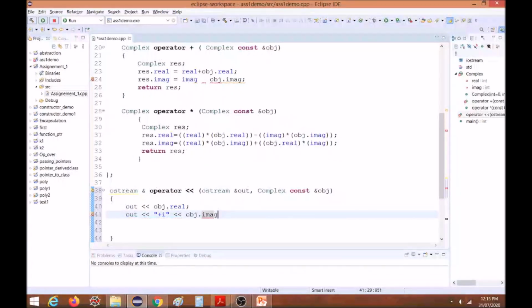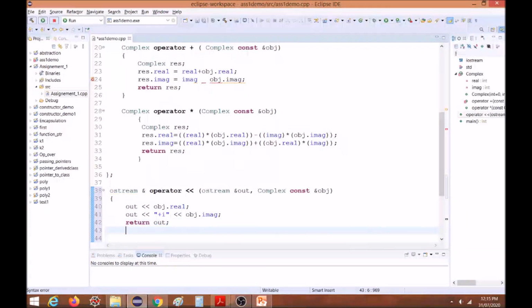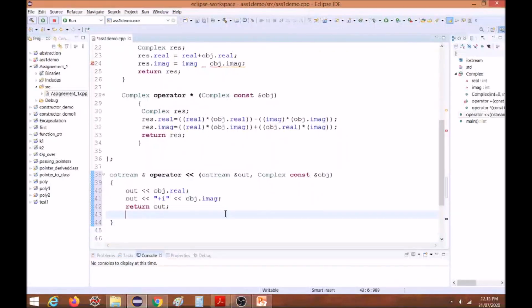So what I am doing here, whatever object is passed along with this operator, this is called the stream insertion operator. Whatever is passed with it, I am displaying its real and imaginary part on the screen using the object of OStream. It is also returning some object, so return the out object which is the OStream object, and this completes.